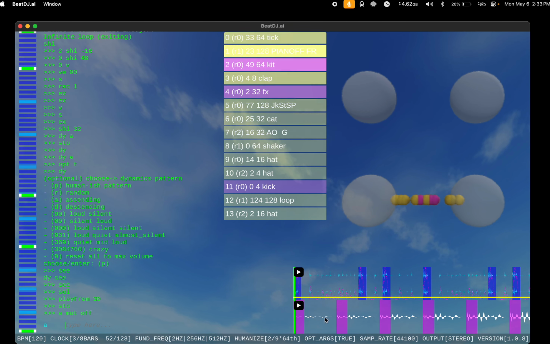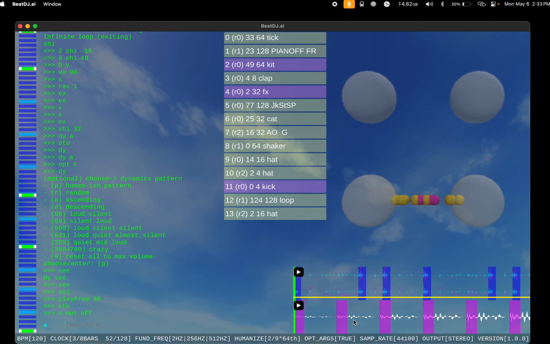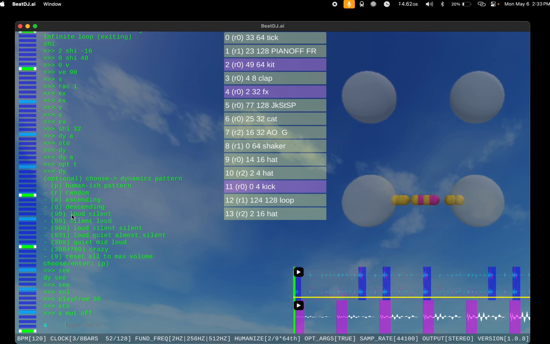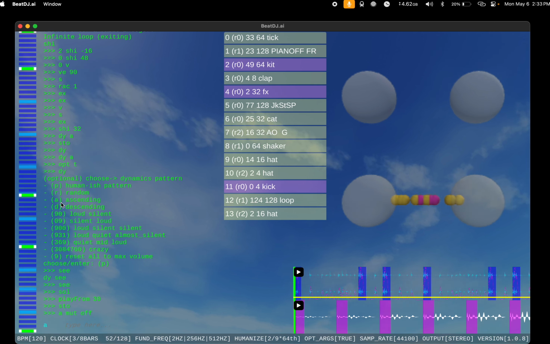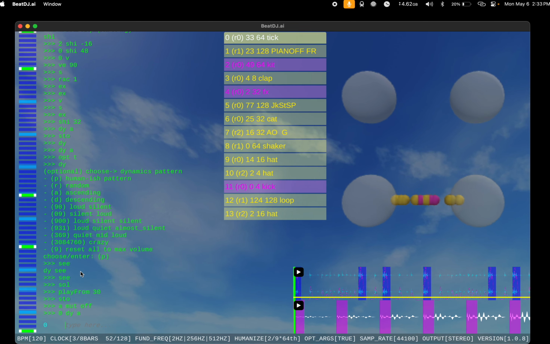And you can see it has these. This is the waveform on the bottom here with the pink bars. So it's boom, boom, boom, boom, boom, boom. And you can see how the volume on each slice is going up, so the white waveform is growing. So that's what happens when I did dynamics ascending, basically just saying, okay, the volume changes are going to go in a descending pattern. So I'll do that command again there, and